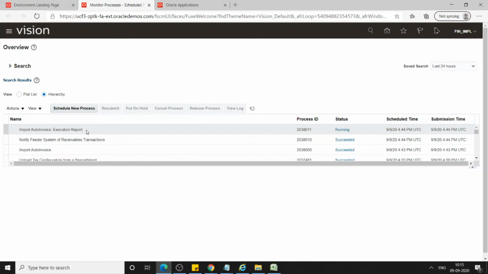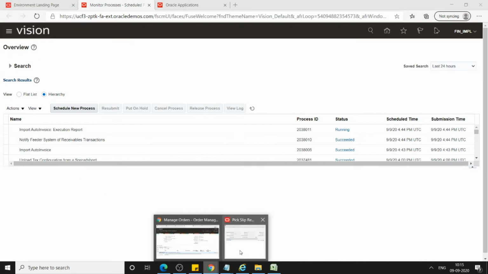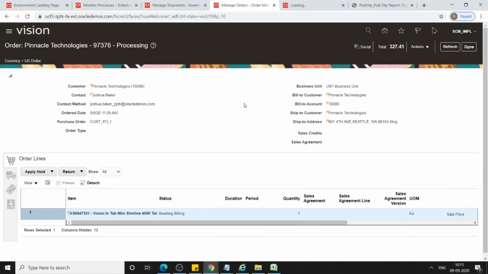Now we will see what the sales order status is. We'll go to manage orders and click on refresh. See, the line status has changed to closed because the invoice is created in the receivables module.